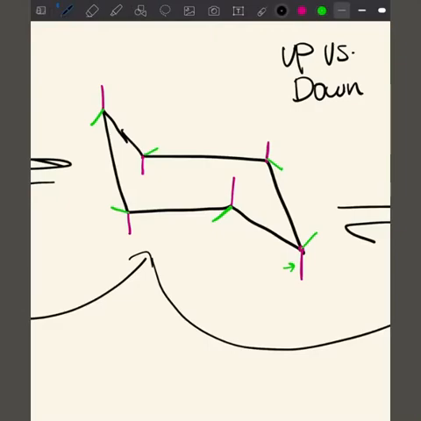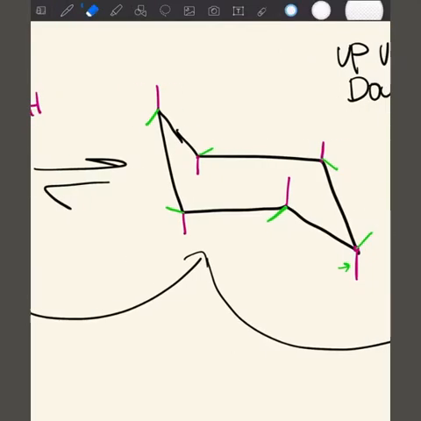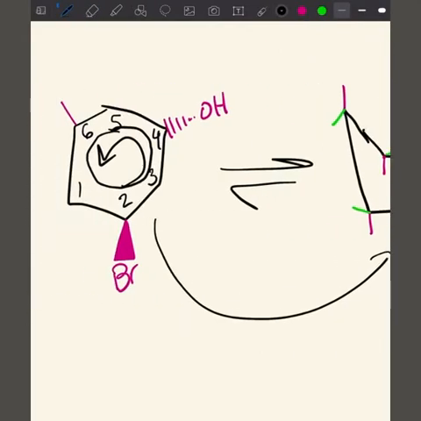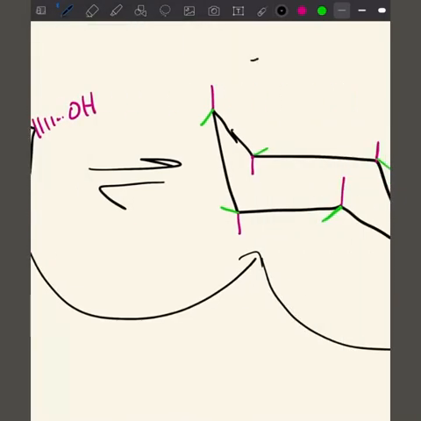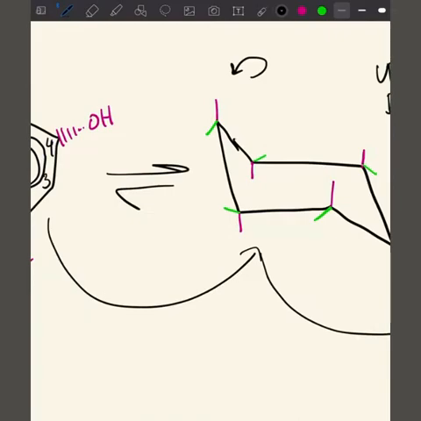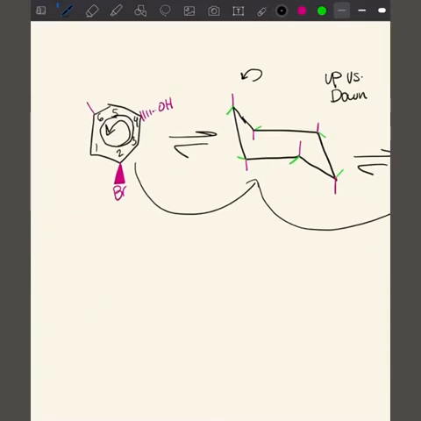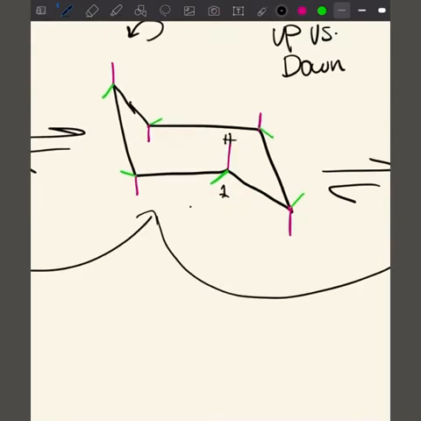Okay, but let me go back to this one and I say, okay, so I decided I was going to do counterclockwise, so this one will also be counterclockwise, right? So it doesn't actually matter which carbon I start on this one, but I will just randomly pick this one as my number 1, and I will go from there, right? So if this is my first carbon, I can see that there are only 2 groups here, and they're both hydrogens, so I will just add 2 hydrogens on here, right? And it doesn't matter which one's which, because it's not